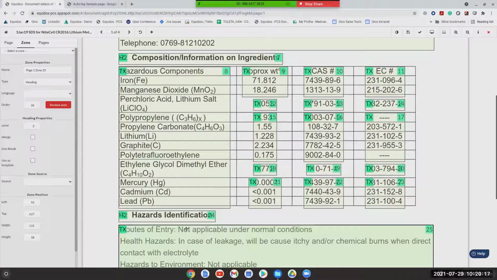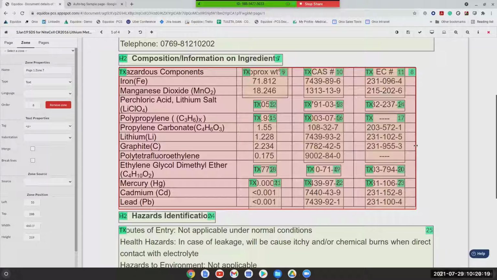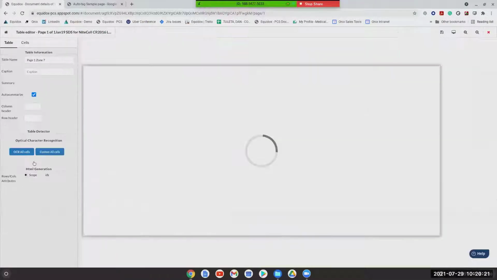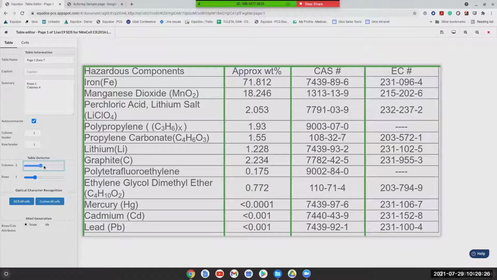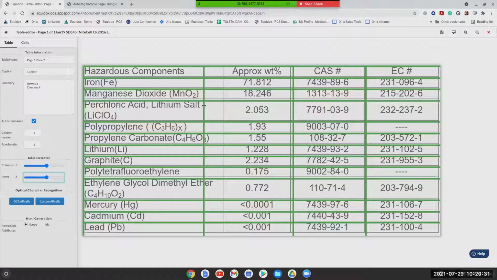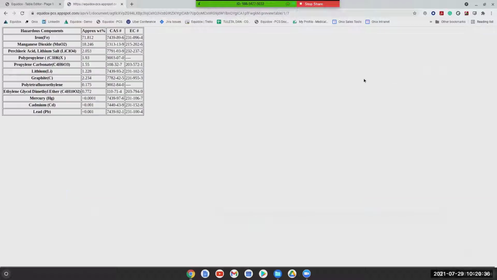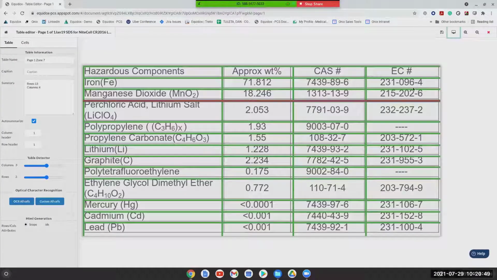I also have this table here, so I'm just going to resize this zone and tap T on my keyboard to change the zone to a table. And I can then open up the table editor. And when I move these sliders around, I can, again, just similar to the last document, detect this table very quickly and produce a nice, clean, usable table. Whereas before, it would have just been reading all of this data in a randomized reading order, which would be utterly useless for a screen reader user who is trying to interact with this element. So once I'm satisfied with how that table looks, I can save it and close out.